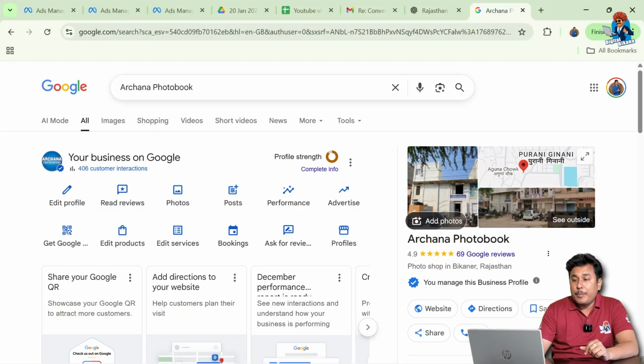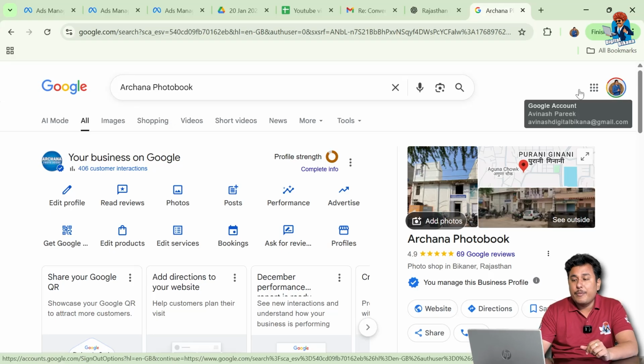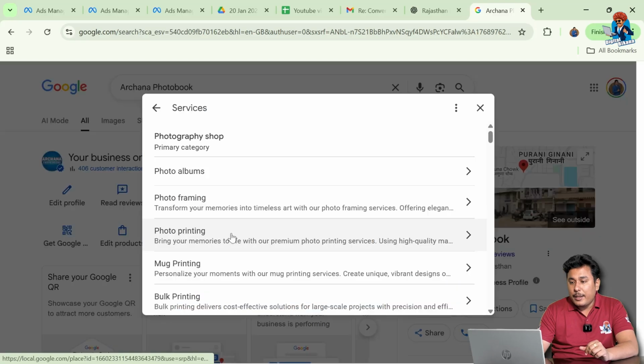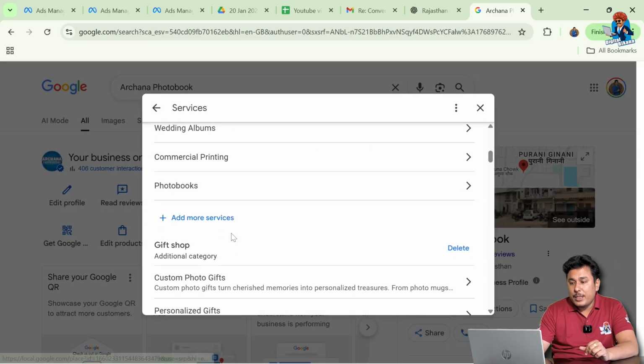As you can see, I am on Google. I simply search for my business name. You can also search for my business keyword on Google using the same Gmail account from which you have created your Google My Business listing, right? And now you need to simply click on edit services, and here you can mention the services that you